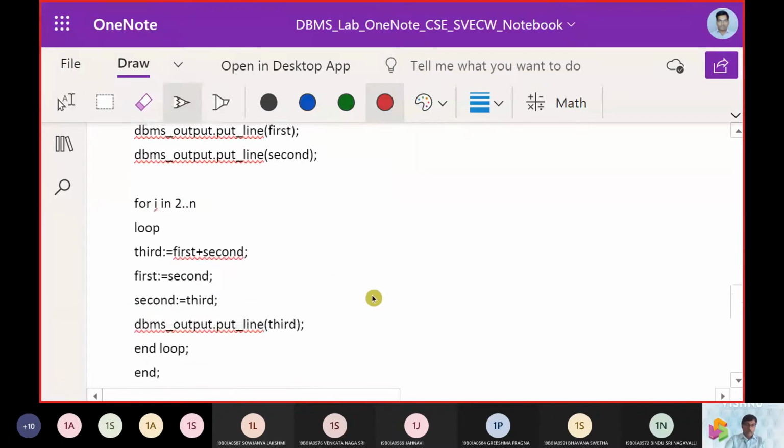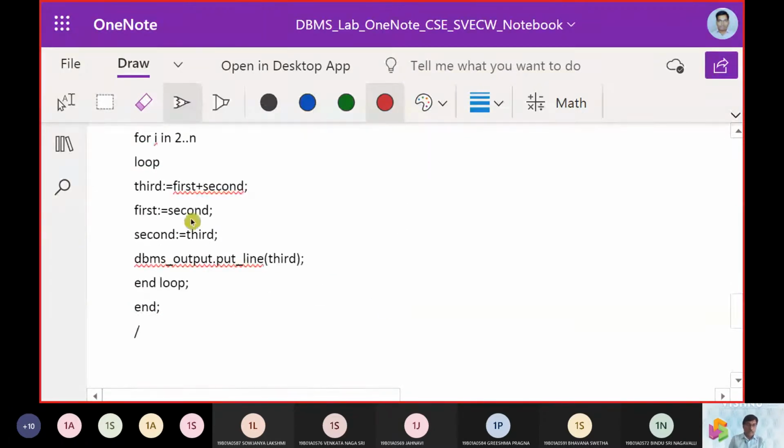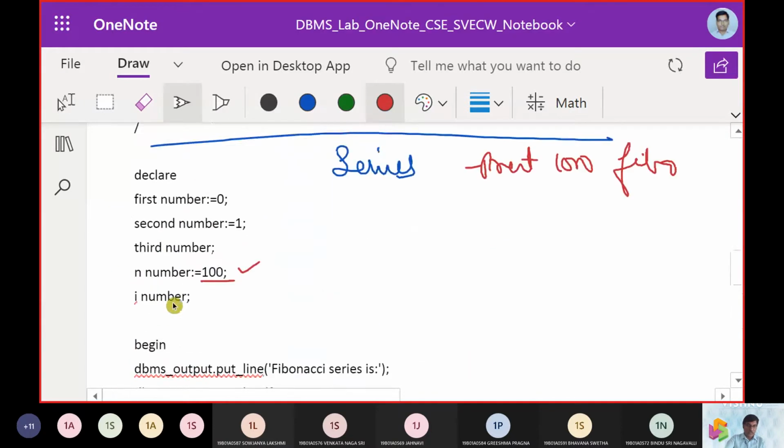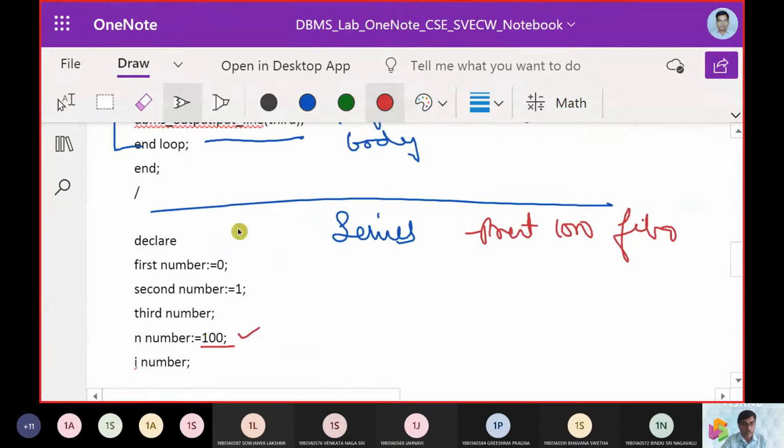Now you can see here, I make a for loop, then a loop and end loop, and this is repeated 100 times because n is equals to 100.